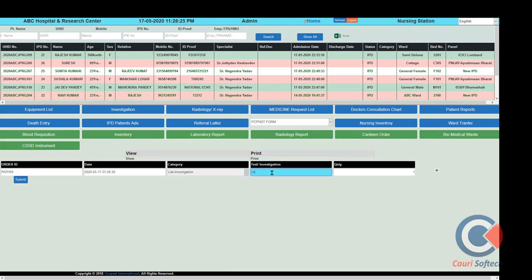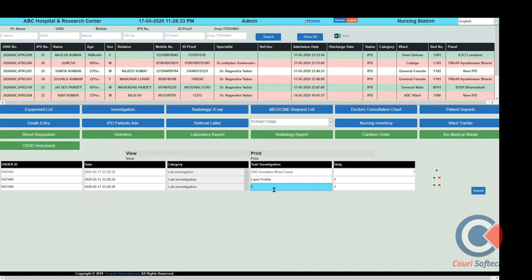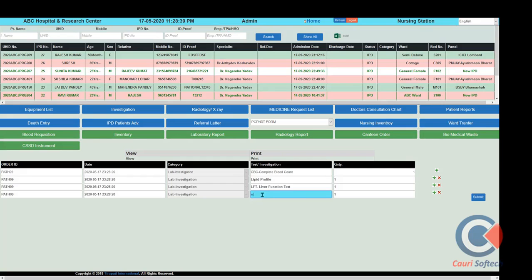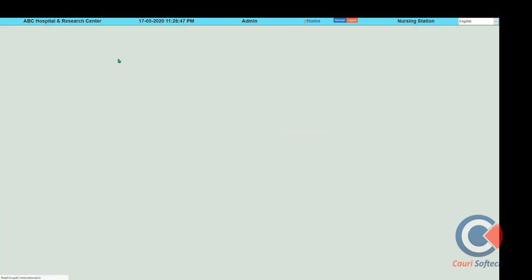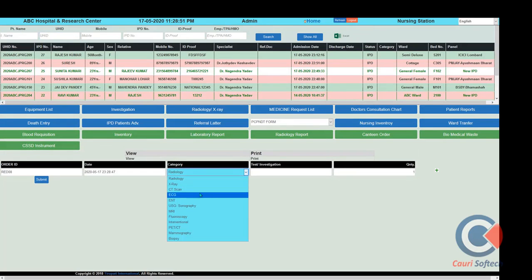Meanwhile, if we want to make some investigation, the nurses can put the investigation billing. This information will go to the lab technician. So the lab technician also comes to the patient bed to collect the lab sample and generate a report for the same patient. In this way, lab investigation can be added at the nursing counter for a specified admitted patient. At the same time, we want to advise X-ray services.